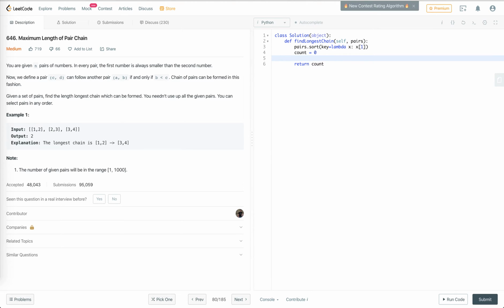And then in order to find count, you would want first to go from 0 to n, where n is the length of the array. So I can define length of the array here, and you would want to compare the pairs. You see if you can chain it. So you can chain it if your first number is larger than the second number, right? So your first number would be at 0, larger than the value you want to compare, right? And if it is, what you want to do is